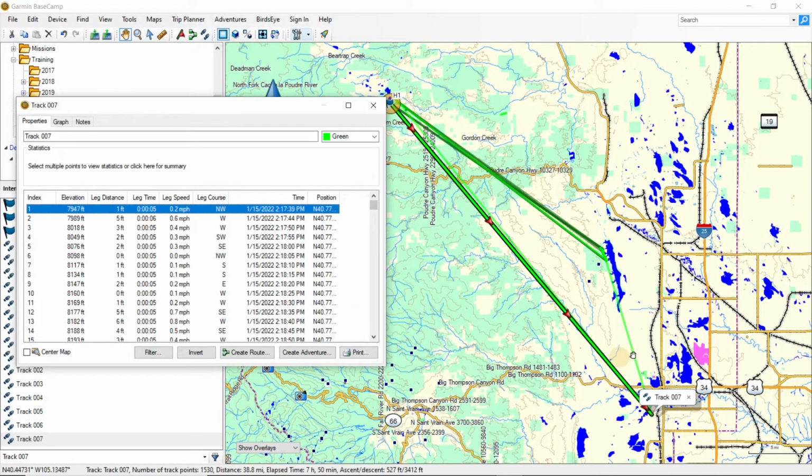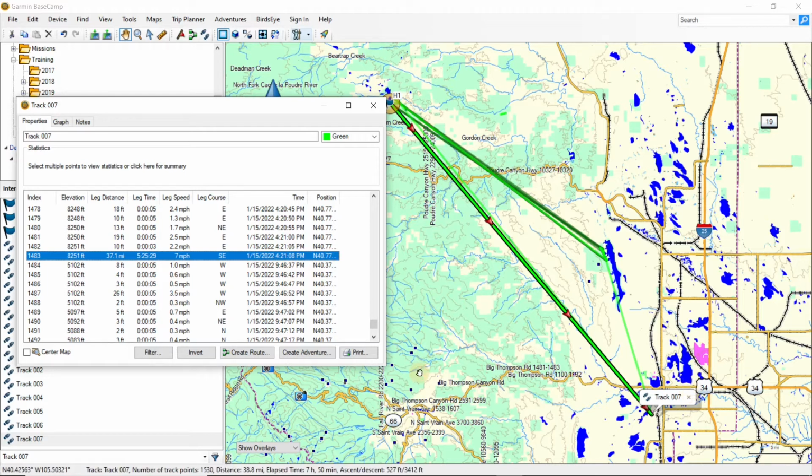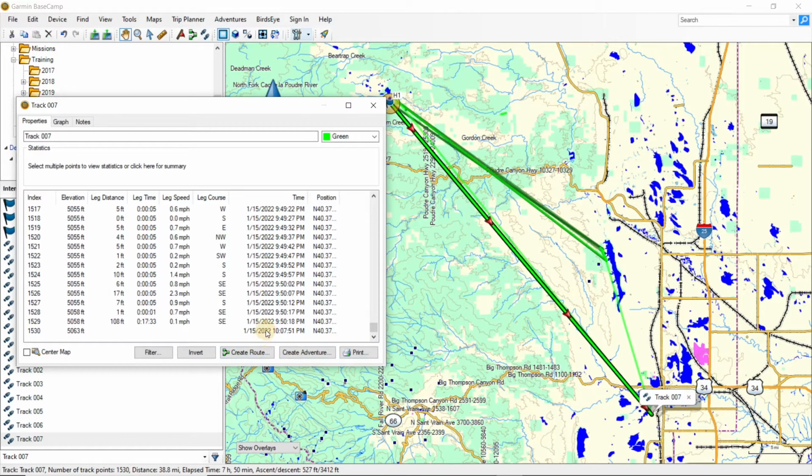So I do have one more because after I was done training today, I came home and I turned on the GPS, so I can go down to the bottom and find that one. Now I can look at the time for this, or I can look over here at the leg distance. So I've got a 37-mile distance, but I also jumped from 4 o'clock in the afternoon to 9 p.m. So instead of splitting this, because I don't care about my track sitting here at the computer desk, I can just hold down this shift key and go to the very bottom, the very last one,